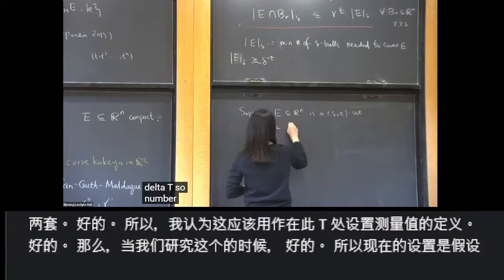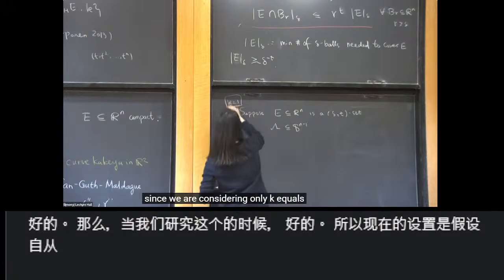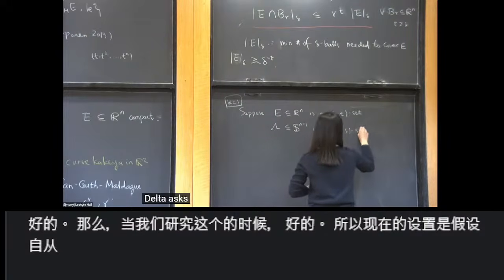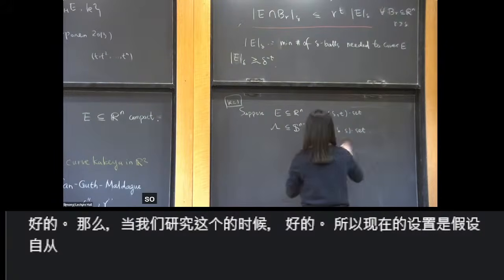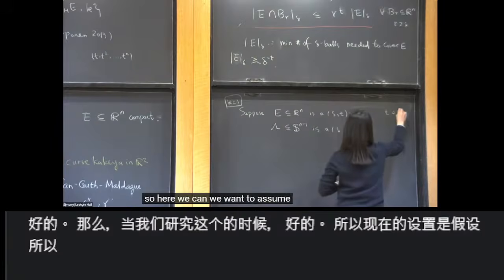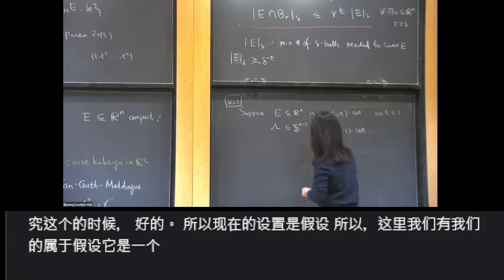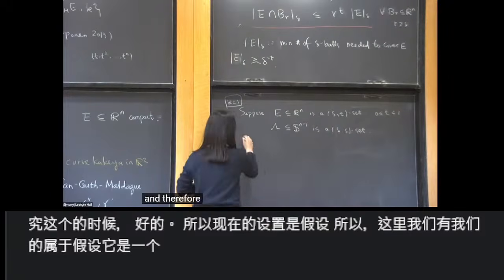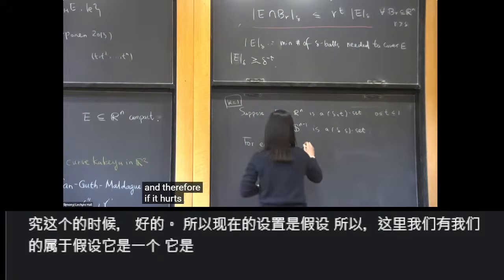Then lambda, since we are considering only k equals 1, delta S set. So here we want to assume that T is less than. And then for each theta in lambda,